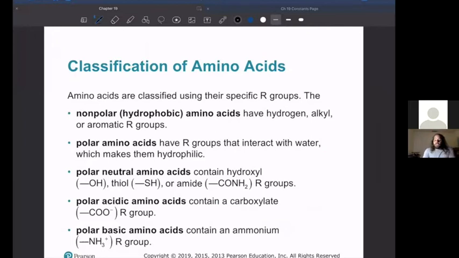All right. So we can categorize our amino acids based on their R groups and the properties of their R groups. Some R groups behave very similarly. Some of them are very different. Okay. There are non-polar R groups. Those are maybe as small as just a hydrogen or an alkyl group, which we know is a non-polar group. Also an aromatic, something like a benzene ring, would also be a non-polar group.